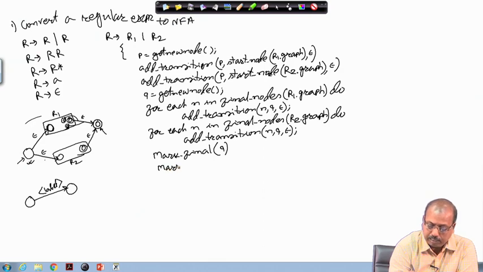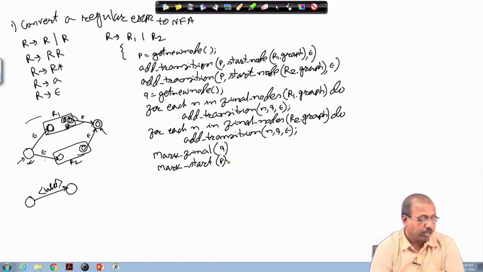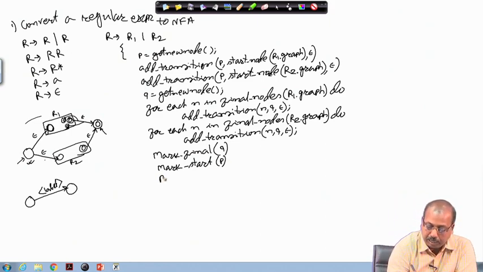So, I have another function, mark start P. So, this is made the start node, and then the attribute R dot graph is made equal to P.